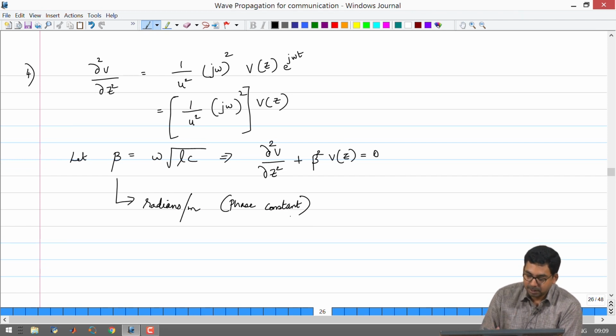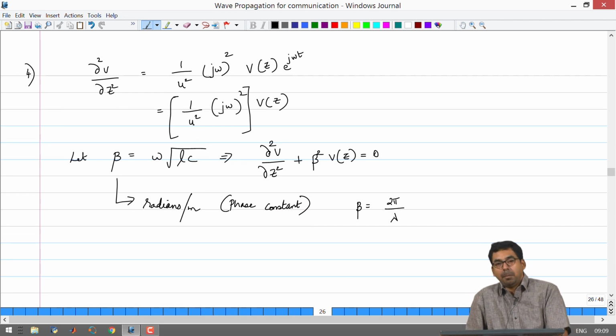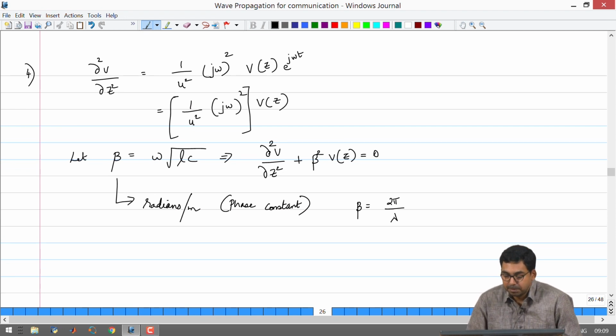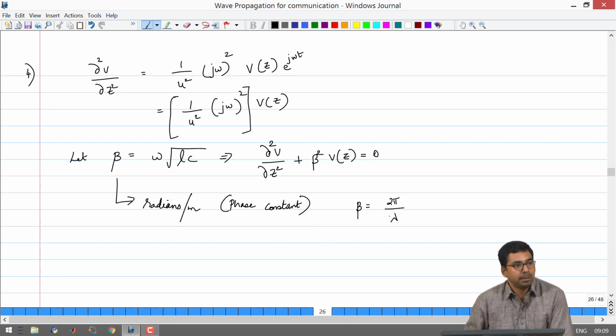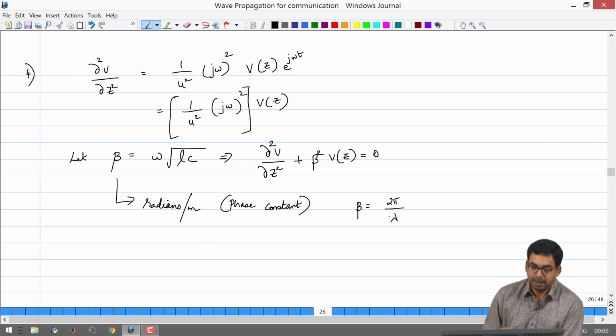This can also be written in a slightly different way with respect to lambda. So, β can be written as 2π divided by λ. The reason why it is a constant is because the phase has to be accumulated by a number of 2π radians when the wave travels a distance of λ. That is the definition of wavelength. So, depending on the value of λ, the value of β can change. But for a given wavelength, if the wave progresses in one direction with a distance equal to that of the wavelength, it will accumulate a phase of 2π.